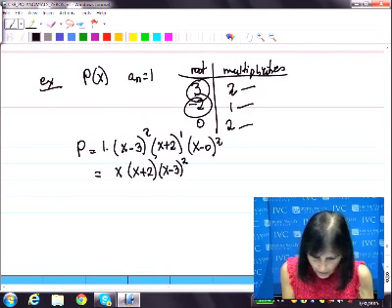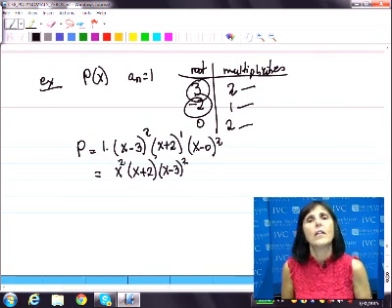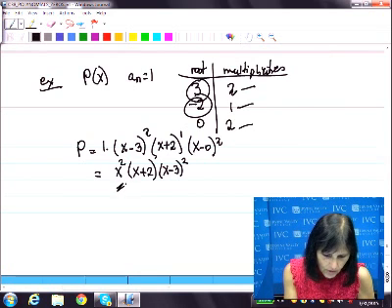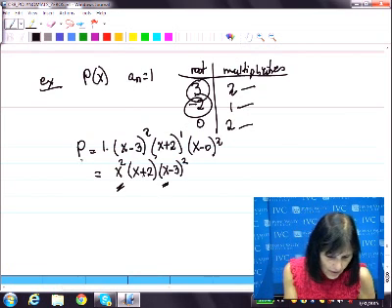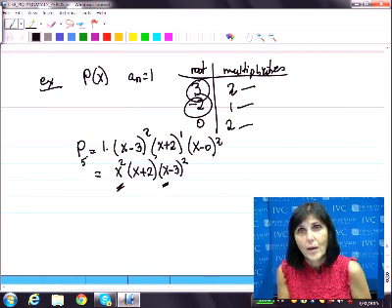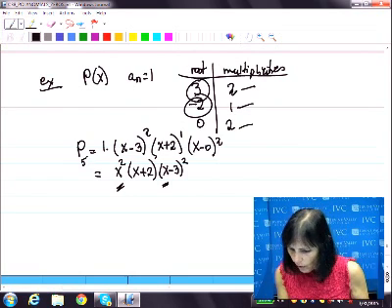X minus 3 squared. Okay, and then I have a square here. All right? Does that make sense? And then you have a degree of 2, 4, 5. So it is a degree of 5 polynomial. All right. The last thing we are going to go over,